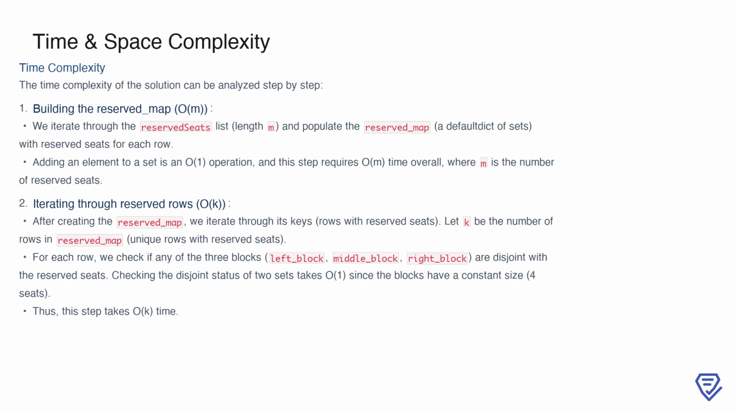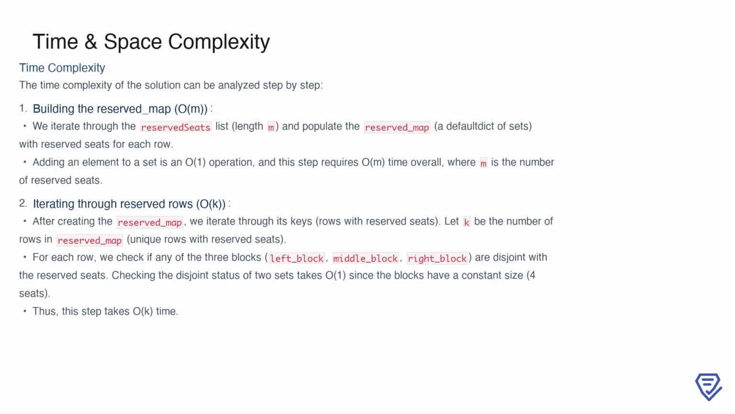Next, we iterate over the keys in the reserved_map, which correspond to the rows with reserved seats. Let's call the number of these rows k. For each row, we check the 3 possible blocks, left, middle, and right, to see if families can be placed. These checks are efficient because the blocks are constants in size, containing only 4 seats each. Determining if a block is disjoint with the reserved seats takes O(1) time per block, so the total time for